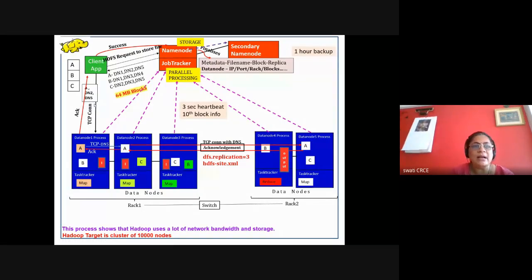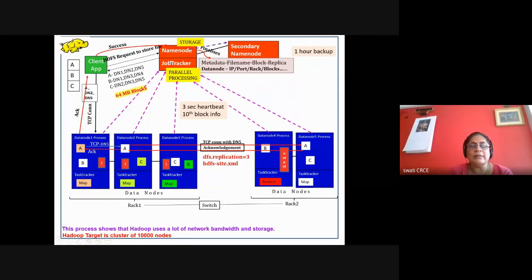After that, the client will submit the job to the job tracker, which is a component of MapReduce. The job tracker will go through the job and identify the mapper task and the reducer task. Then it will go through the blocks of the file.